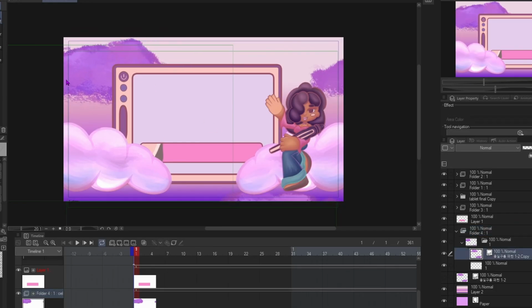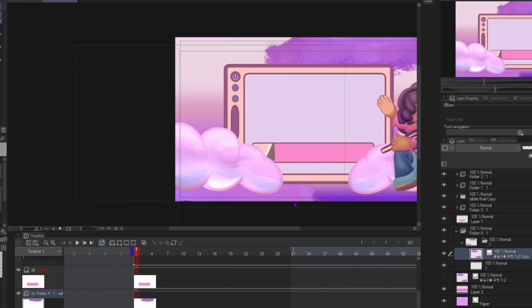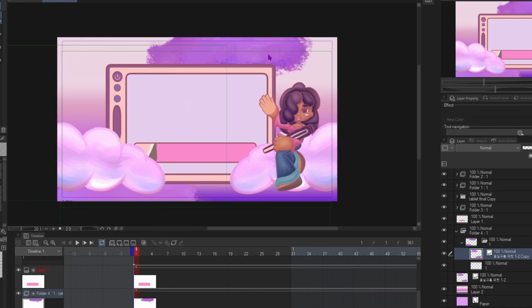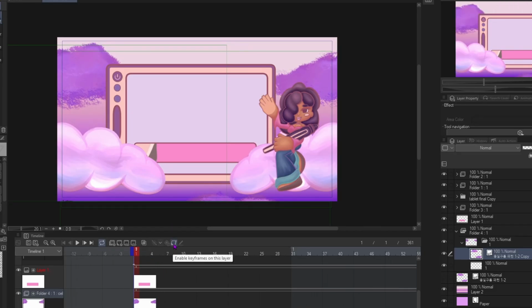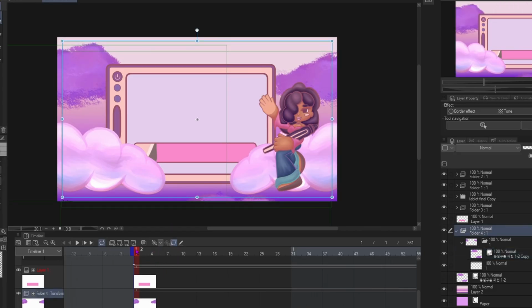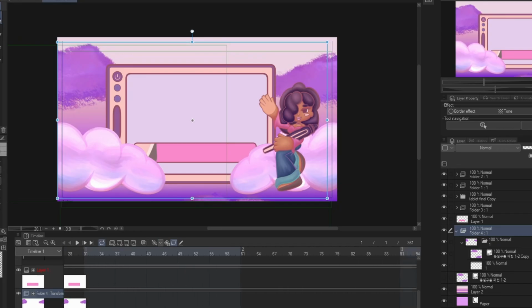Same thing as all the other assets in here. I want to click on my clouds, and I want to have a good starting point. So I would like some clouds to be shown about here as soon as it starts. So we're going to make it a keyframe, make sure it's linear, and then we're going to have it start about here. And then because it's kind of like an infinity cloud, all I need to do is just go to the 12th second,